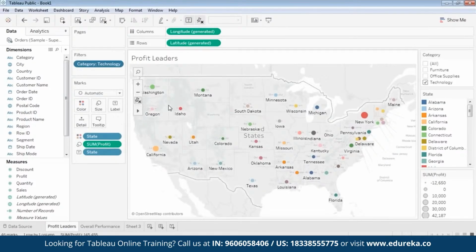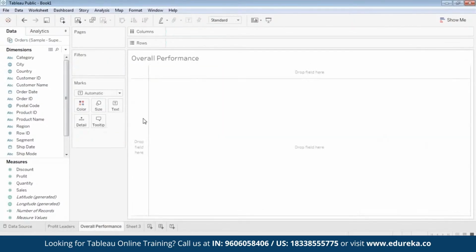Just like in profit leader, I had longitude, latitude, and I wanted to know the states which are giving more profit, which are the leaders. So I placed longitude here, latitude here, I placed state over here, profit here, and then I categorized it. Once you create more and more sheets and dashboards, you will get to know, depending on what you're trying to find, where to put which dimension and measure. All right, so now here we want to find out